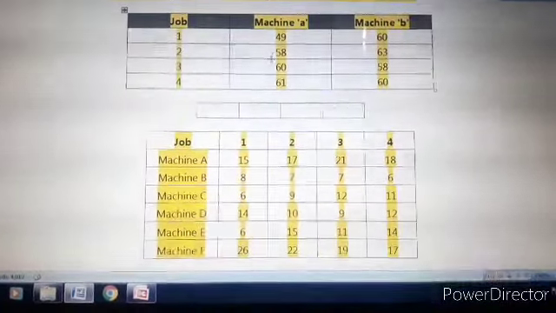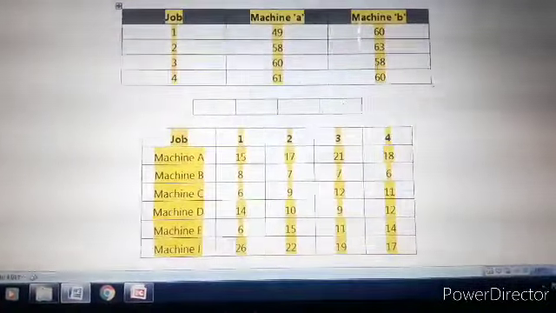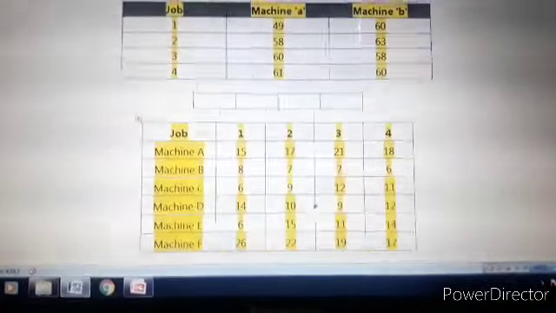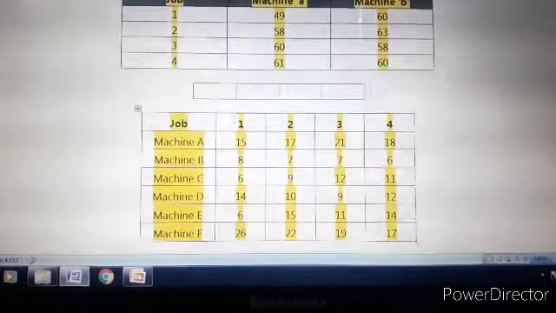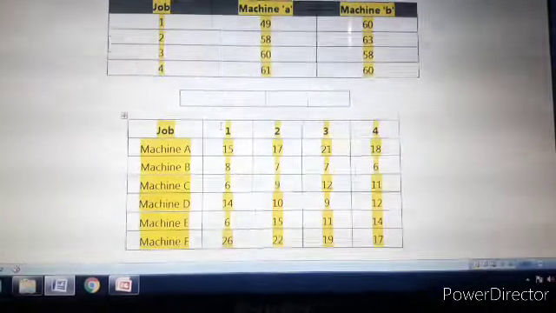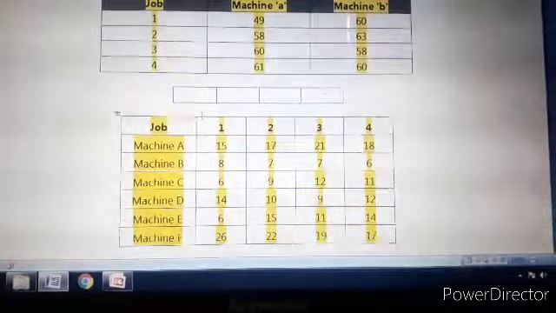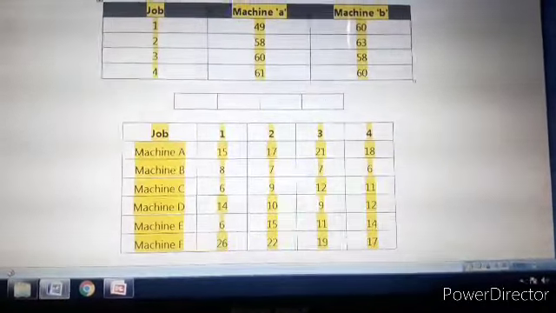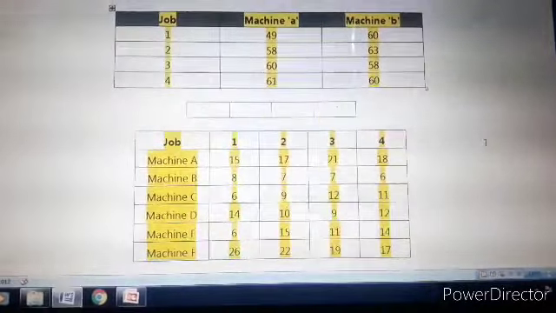So likewise, next time, that is 58, 60, 61, 63, 58 and 60, we have obtained by addition of the processing time of respective machine as given in the statement as well as given in the steps that we have discussed just now. Now once we have this, once we converted this 6 machine problem into 2 machine problem, then in order